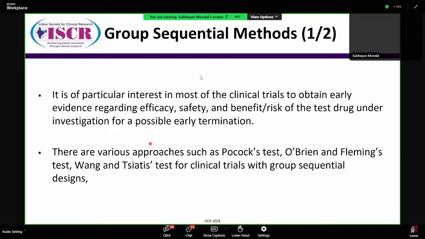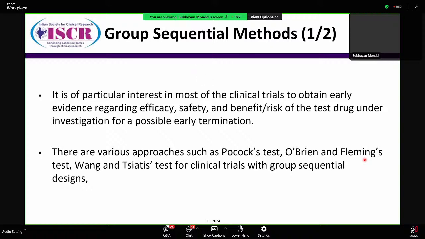When you are trying to look at the data in the middle of the study, let's say after 1 year, then the boundary gives you implications on the p-value or the test statistic. If this goes beyond these boundaries, then only you are able to stop your study for efficacy. That is overwhelming efficacy, and you want to report this trial. There are many historical bounds that are used. This is Pocock's test, O'Brien Fleming. I am not explaining the designs and alpha spending functions here,